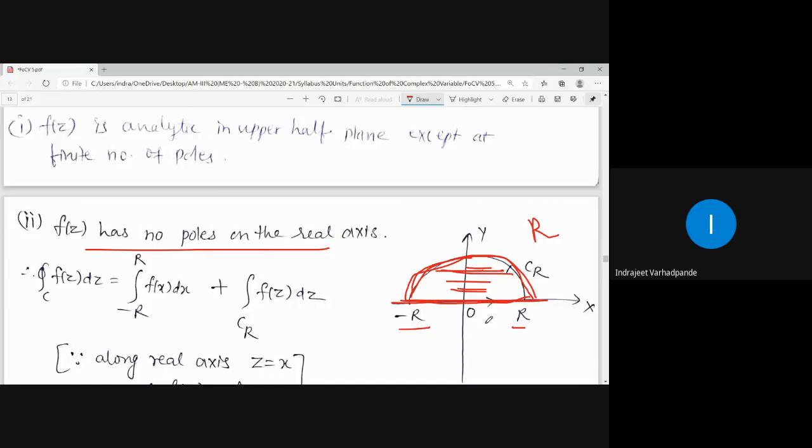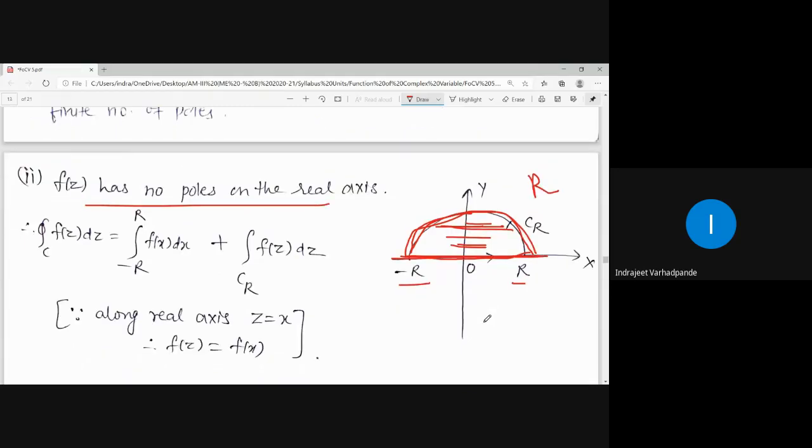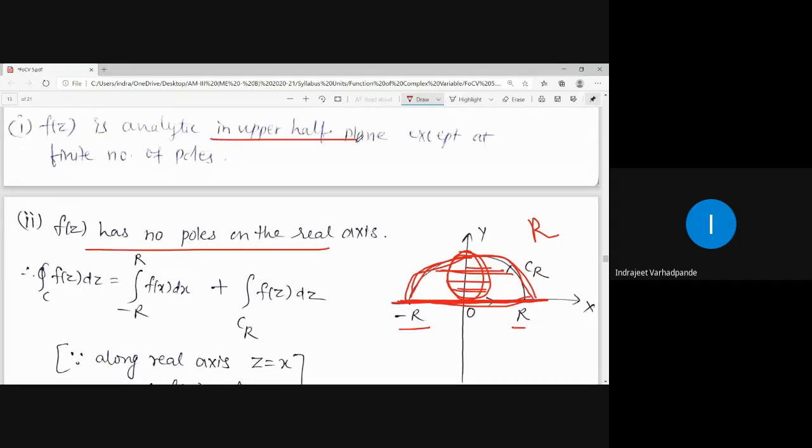That means whatever will be the poles, in short, for our understanding, those poles will be simply lying on this particular y axis only. Upper half plane means y axis, because on this real axis also we should not have poles. That means the poles lying in the upper half plane, that is, positive poles of y axis. We should not take negative y axis poles either, because it has that particular restriction of the upper half plane.